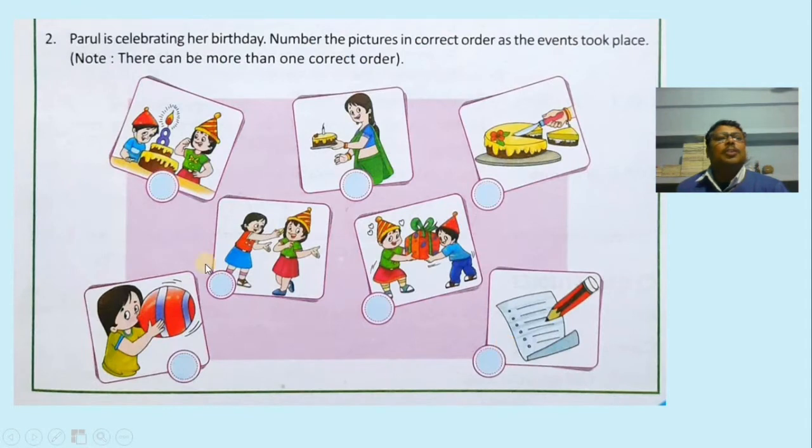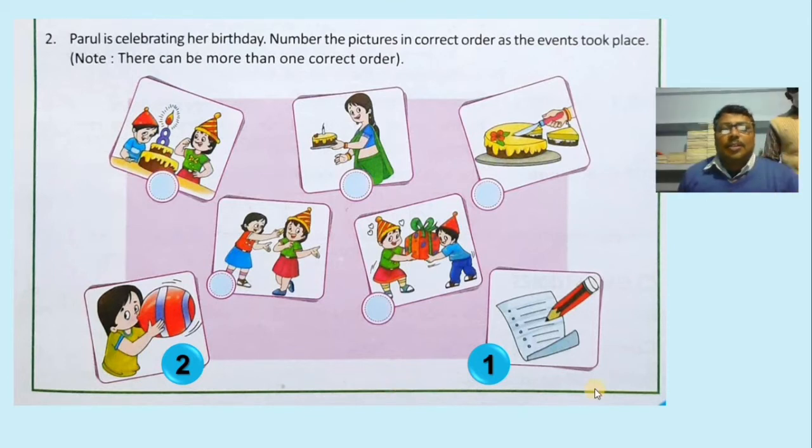Now let us understand the second activity that is given here. Parul is celebrating her birthday, and we have to arrange the number of pictures in the correct order as the event took place. So we perform a different order. You see here, the first step is that we will list out whom we are going to invite to our celebration. Second, we will decorate the birthday party place.